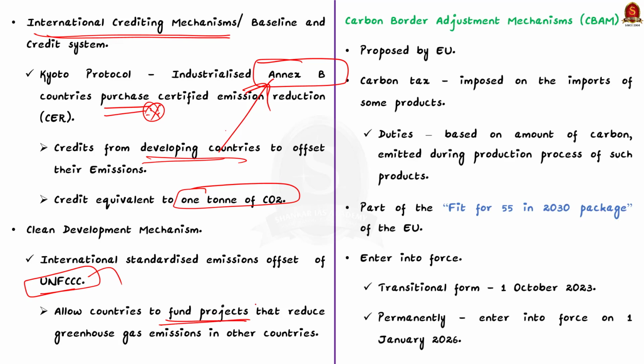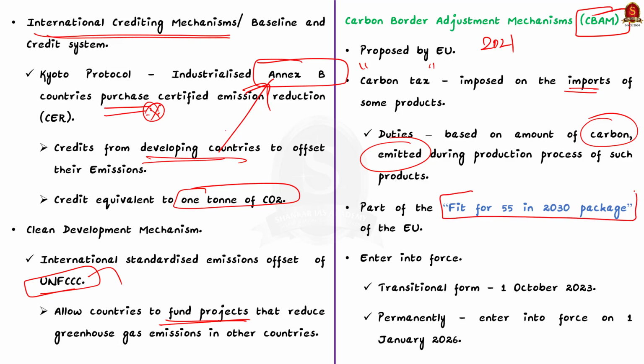Thirdly, we are going to see about CBAM. See, in 2021, the European Union proposed the Carbon Border Adjustment Mechanism (CBAM). It is a form of carbon tax or duties imposed on the goods of some products. Know that these duties will be based on the amount of carbon which got emitted during the production process of such products. On continuing our discussion, CBAM is part of the Fit for 55 in 2030 package of the